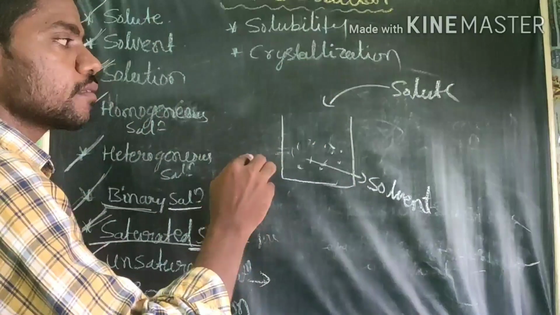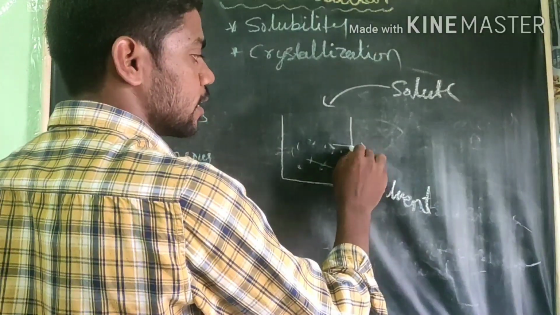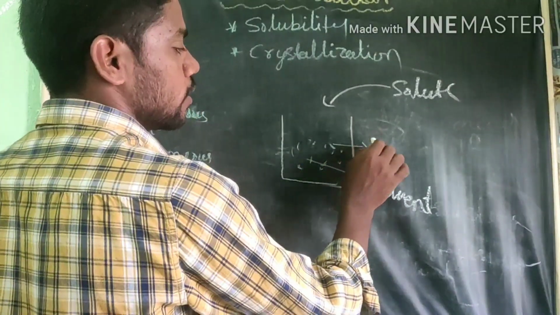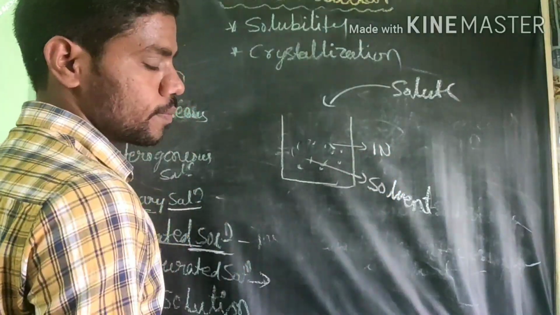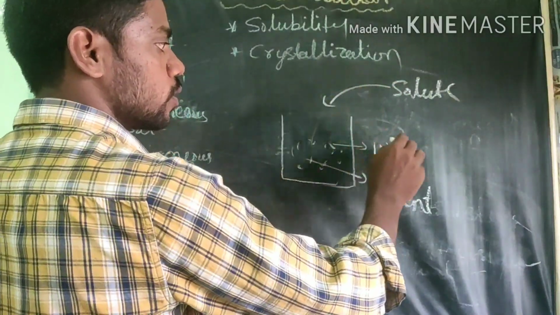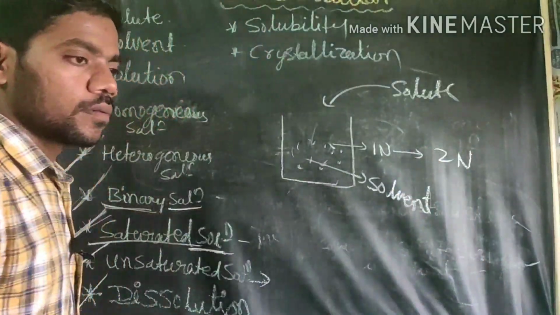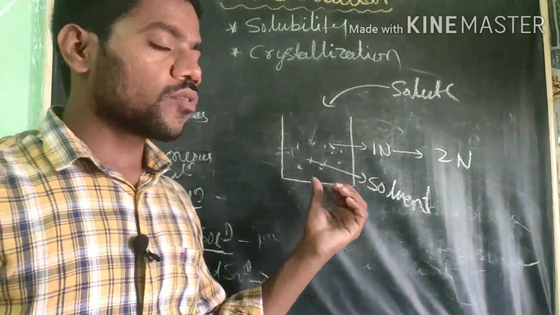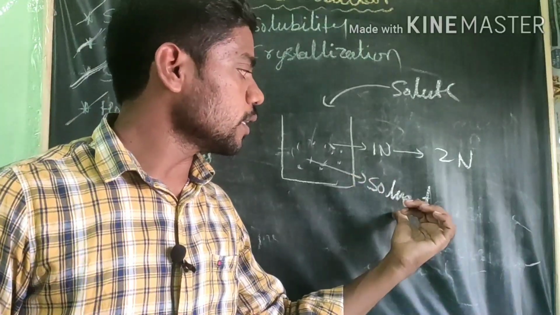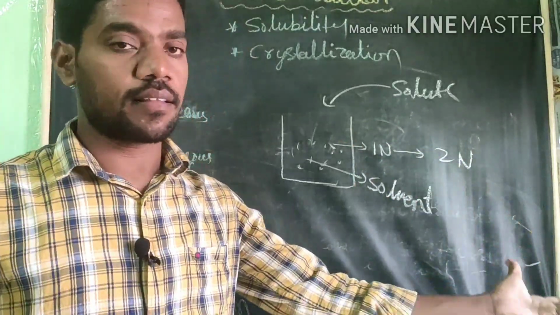After adding this, if the concentration initially is 1 normal, after adding this solute the concentration will increase to 2 normal. Therefore the solution in which the solvent concentration increases,